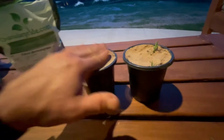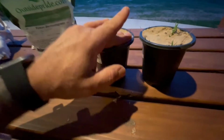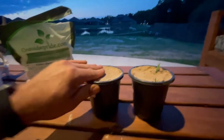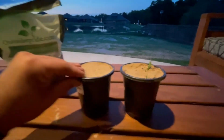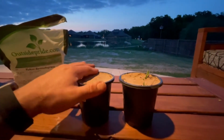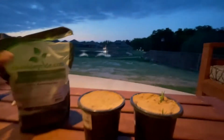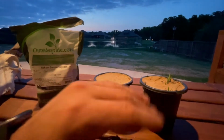Just pack that in there. I'll give her a good watering. And in 10 to 15 days, we should know what's up. And then I'm really also curious as to, in 15 days time, if we end up with a grass that